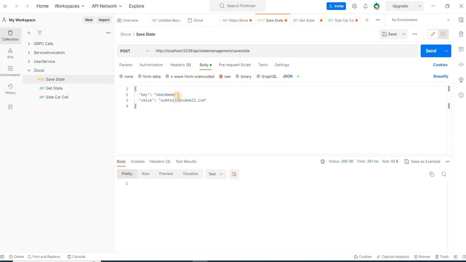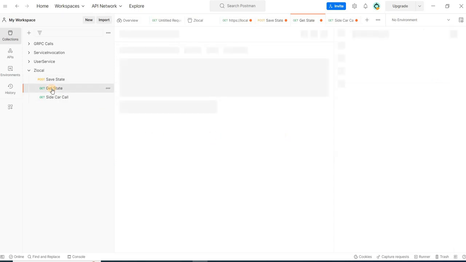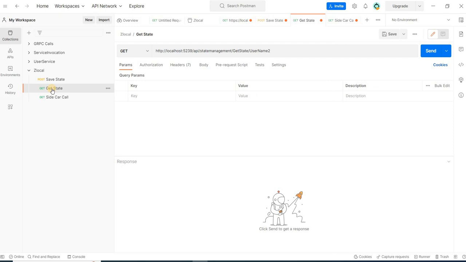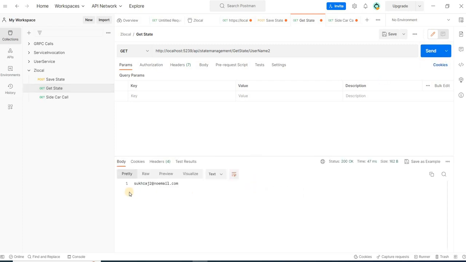Okay, let me pass another value here, one more. Now I will click get state. It means now I have added two states there, right? First I will retrieve this particular one using get state, and you can see I'm getting the response.